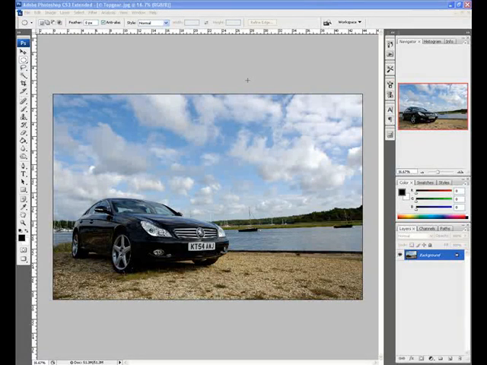In this tutorial we're going to show you how to mimic the Top Gear style and effect for your car photography. So basically we're going to play around with the midtones, we're going to adjust the colours, we're going to apply vignetting, and then we're also going to apply a colour overlay so you get that very stylistic image. So the first thing to do is we're going to adjust the midtones using an adjustment curves layer,